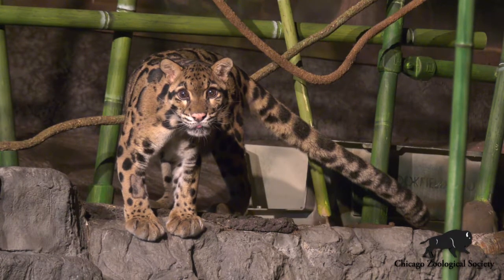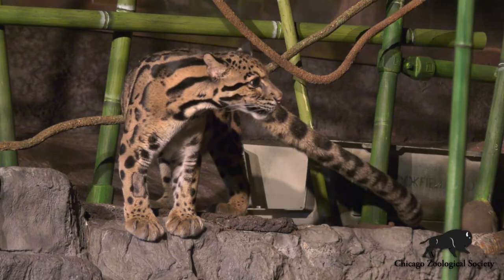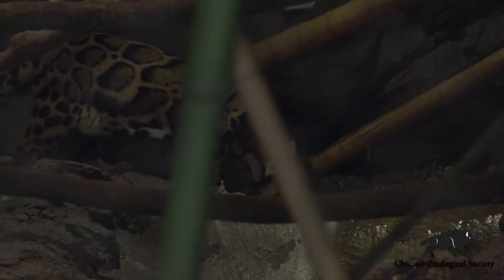Hi, I'm Dr. Mike Atkinson, and I'm here at the Clouded Leopard Rainforest at Brookfield Zoo, where today we wanted to share a little bit with you about Dongwa, one of our clouded leopards here at the zoo. Clouded leopards are really incredible cats from Southeast Asia, and one of the first things people tend to notice about them is their very unique and beautiful coat pattern, which provides for extremely effective camouflage in the dense forest canopy